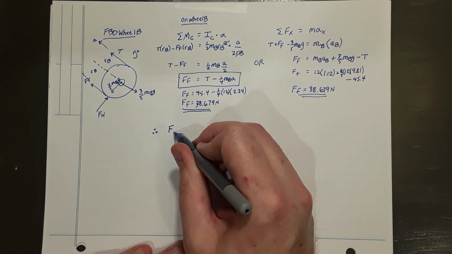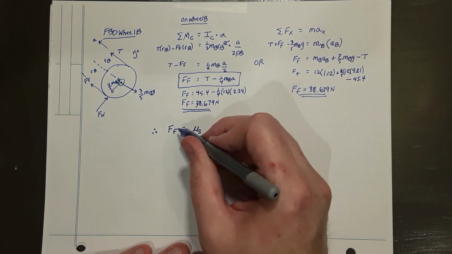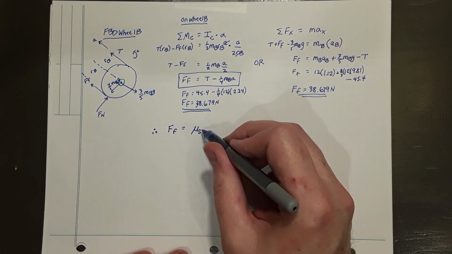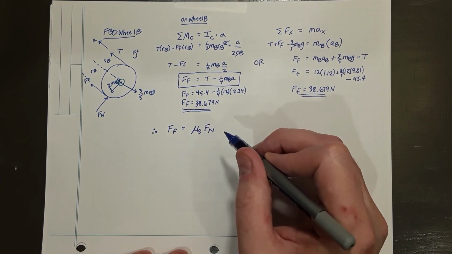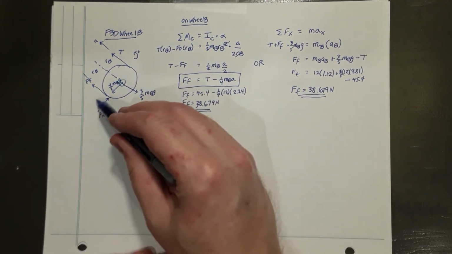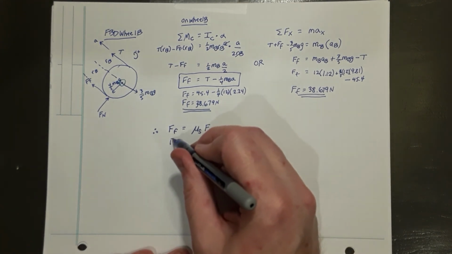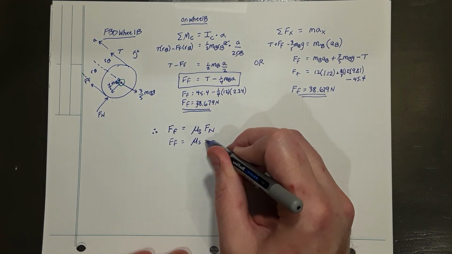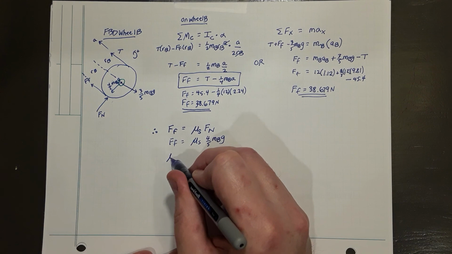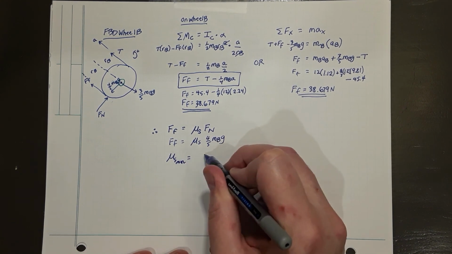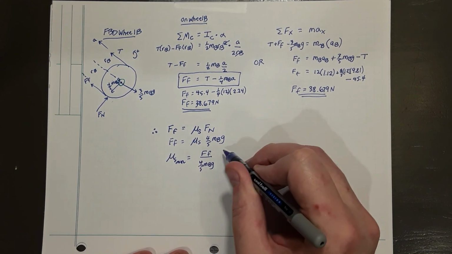In order to calculate the coefficient of static friction, the minimum force of friction will be the minimum static friction coefficient times the normal force. And if we compare here, these two values for normal force and 4/5 MBG are the same. So the force of friction is the coefficient of static friction times 4/5 MBG. That will be the normal force. So the coefficient of static friction minimum is the force of friction over 4/5 MBG. And if you put those numbers in,